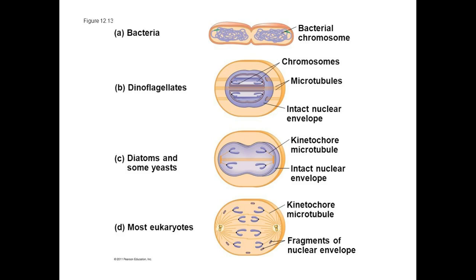And most eukaryotes have some sort of mitotic replication of somatic cells. We have a kinetochore, you have the microtubules. The nuclear envelope disassembles, it doesn't disintegrate, because then it can reassemble. I think it's one of the things that I left out of the telophase, is that nuclear envelope is going to reassemble around the